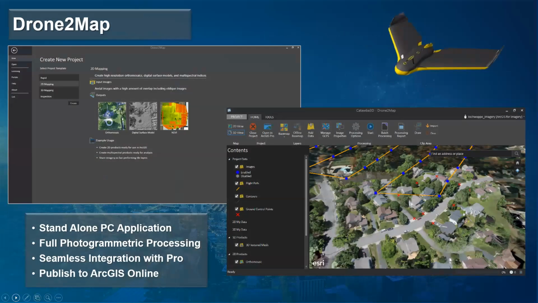So first I'm going to just jump into Drone2Map, and we're just going to cover Drone2Map very quickly. Drone2Map is a standalone PC application. It doesn't need any other ArcGIS software. It works with other ArcGIS software, but you don't need it. It stands alone. It runs in Windows, so it can work on a PC, and it does this very high-end,